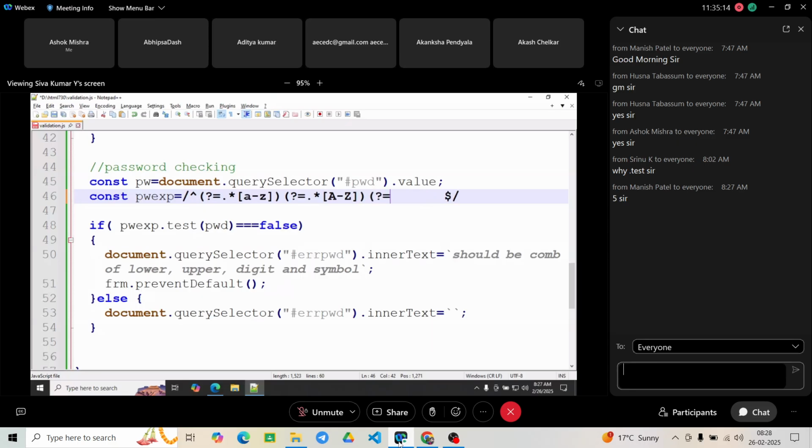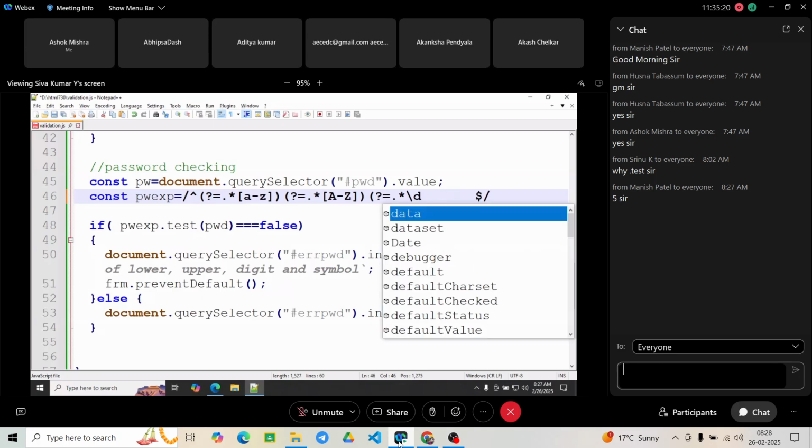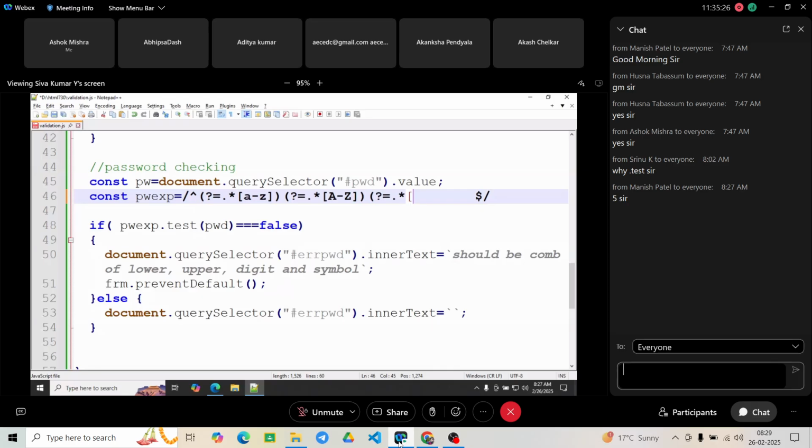Password should contain at least one digit. Digits together, so you can write directly like this, no problem. The option is there, slash d we can use. Now in the same sequence, if you want to continue it, you can write the digits like this. Password should contain at least one digit. Next,